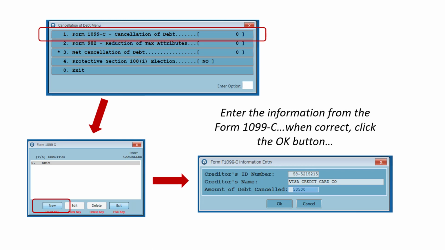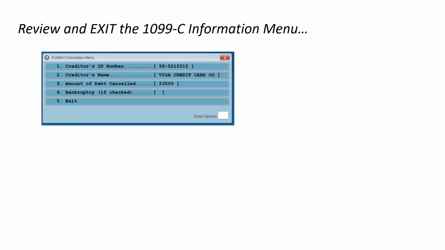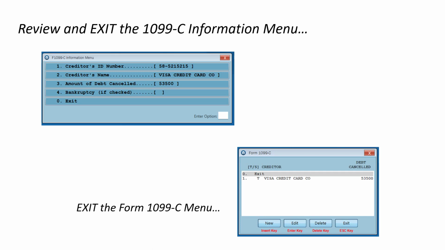And we enter the information from the 1099-C. When everything is correct, we'll click the OK button. We'll review and then exit the 1099-C information menu, and we'll exit the Form 1099-C menu. We only have one 1099-C to enter.